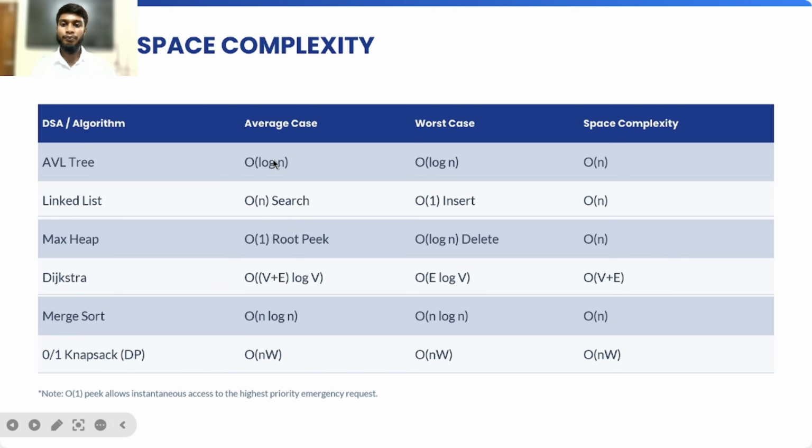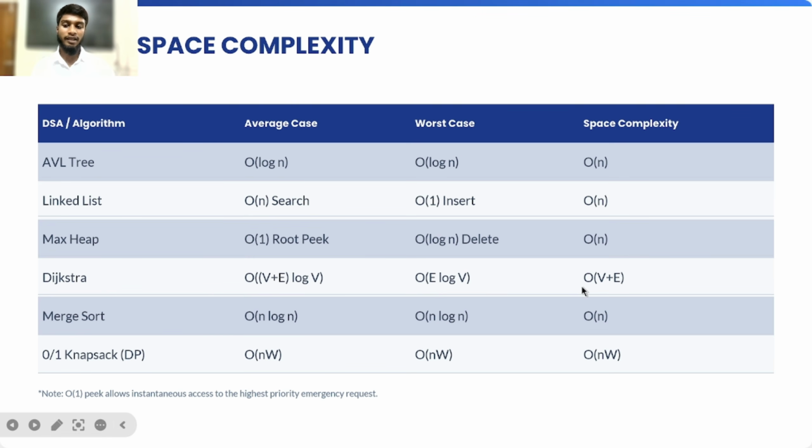AVL tree: average case Big O log n, worst case Big O log n, space complexity Big O n. Linked list: average case Big O n for search, worst case Big O 1 for insert, and space complexity Big O n. Max heap: average case Big O 1 for root pick, worst case Big O log n for delete, space complexity Big O n. Dijkstra: average case Big O (V plus E) log V, worst case Big O E log V, space complexity